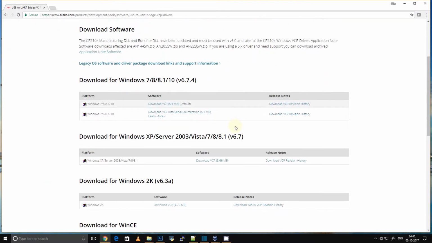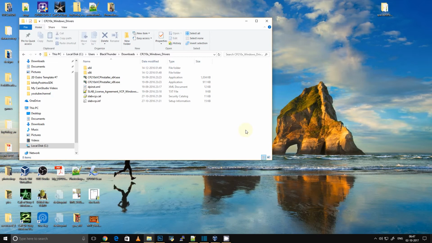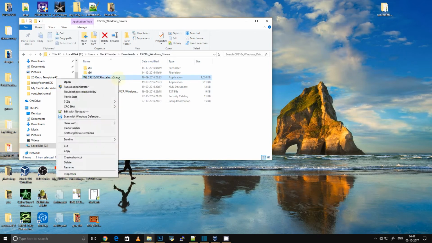Go to this link, and since I have a Windows 10 64-bit OS, I will be selecting this, but you can select based on which Windows version you have. So I'll download this. After downloading, you can extract it to some folder. I have extracted it here, and as I told, I have a 64-bit installation of Windows, so I'll be installing this